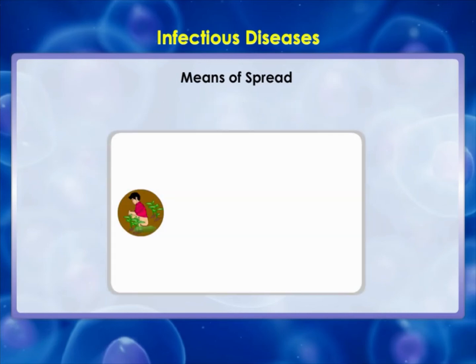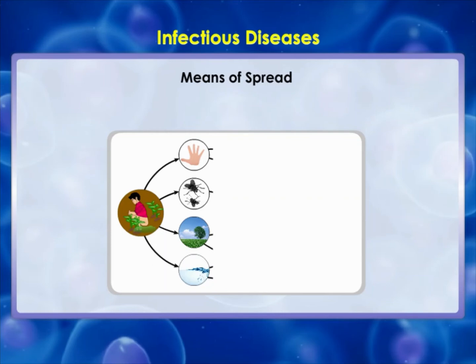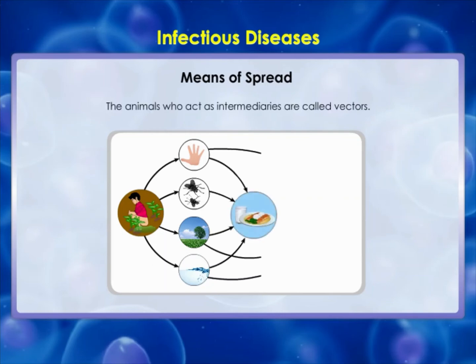We live in an environment that is full of many other creatures apart from us. It is inevitable that many diseases will be transmitted by other animals. These animals carry the infecting agents from a sick person to another potential host. These animals are thus the intermediaries and are called vectors. The commonest vectors we all know are mosquitoes. In many species of mosquitoes, the females need highly nutritious food in the form of blood in order to be able to lay mature eggs. Mosquitoes feed on many warm-blooded animals, including us. In this way, they can transfer disease from person to person.